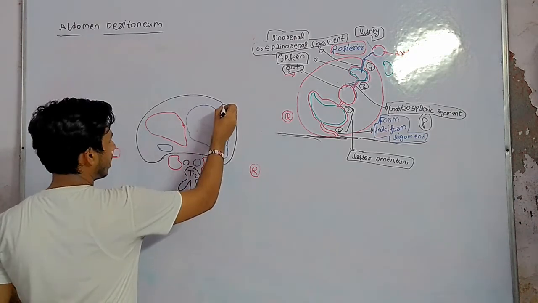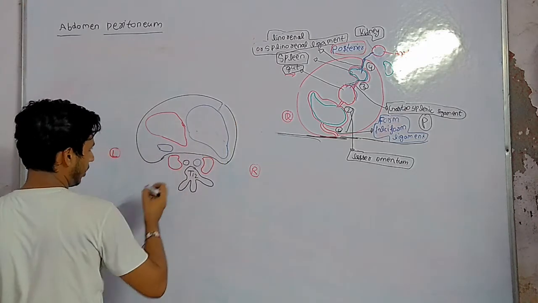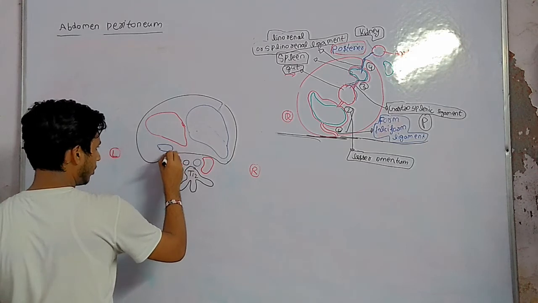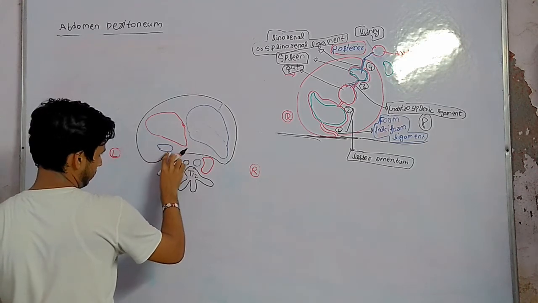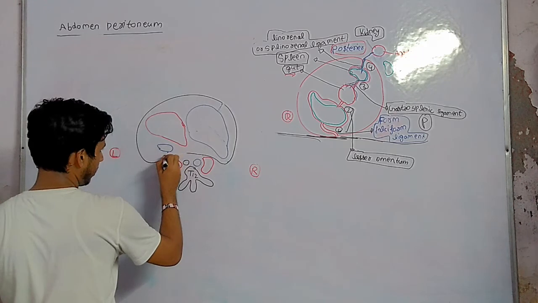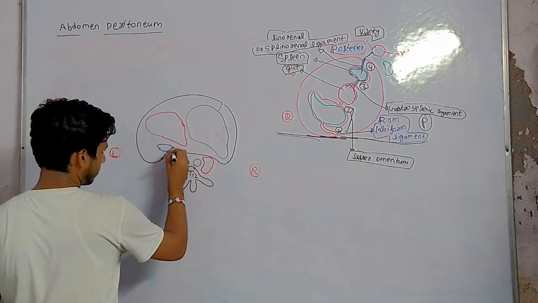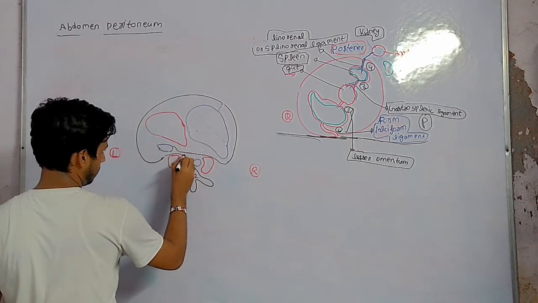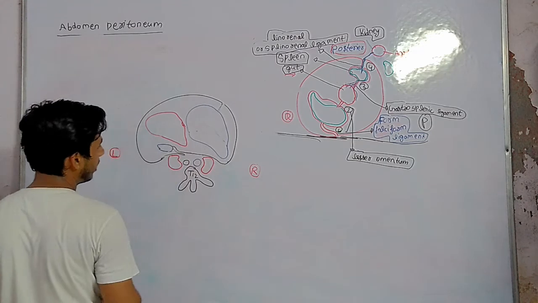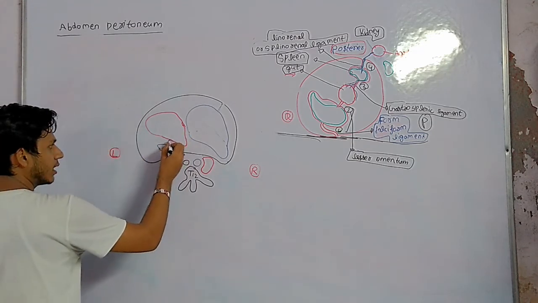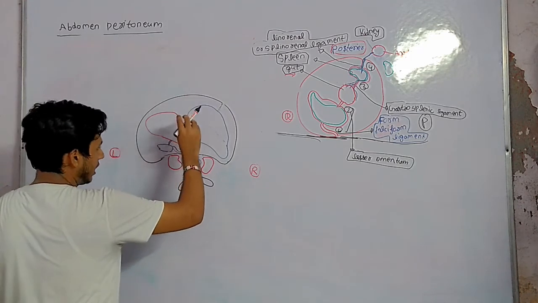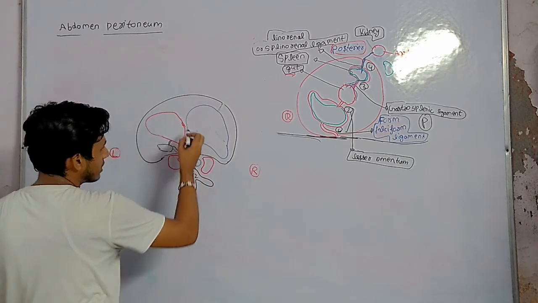This is the falciform ligament again. This is the spleen, so one ligament is the splenorenal ligament. The splenorenal ligament is present like this, extended. One ligament is the gastrosplenic ligament. Done. And one ligament is called the lesser omentum.